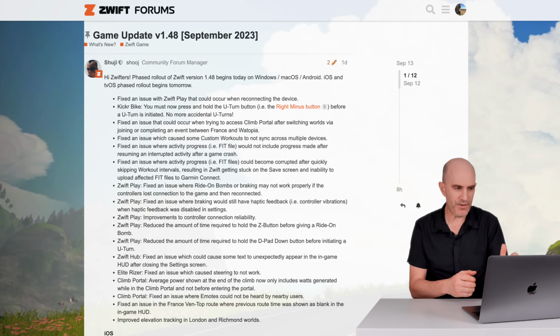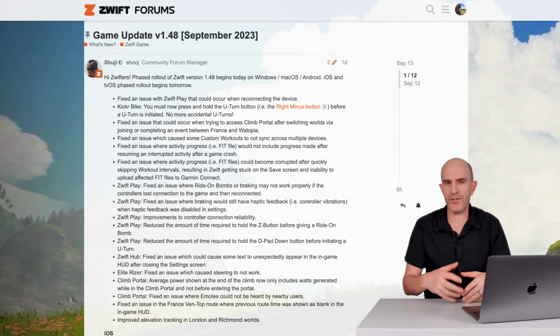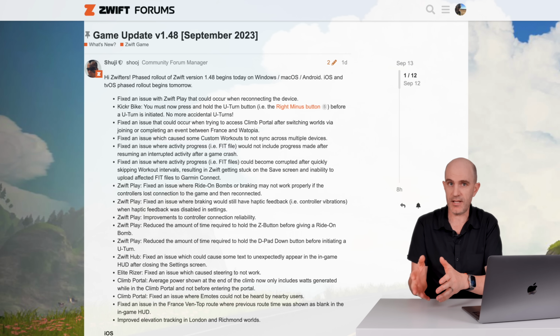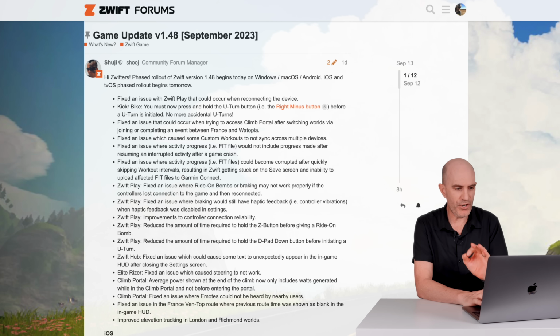Jumping down to the next interesting one, fix an issue which caused some custom workouts not to sync across multiple devices. So if you created a custom workout on a Mac or a PC, it should load on any other Zwift system that you loaded on. That's all done in the cloud. That should now work a little better if it hasn't been. There's another issue there with fit files, but the one I will pull out and highlight right here is